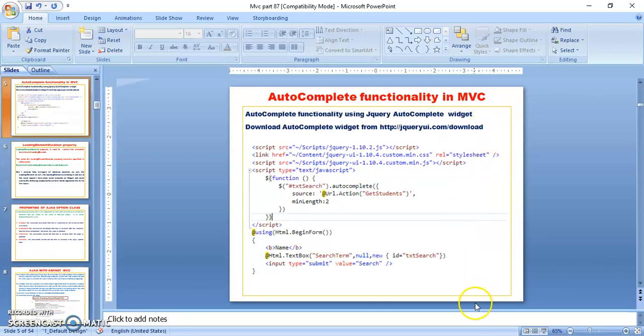To complete the autocomplete wizard, we need some script files and to create one jQuery method, and a search form is required, and we require one method at the controller side to receive the database records and database names. So let's flip to Visual Studio and check how to do it.